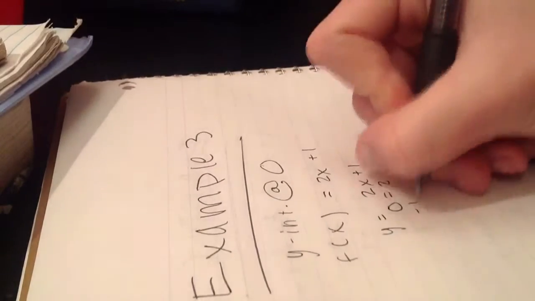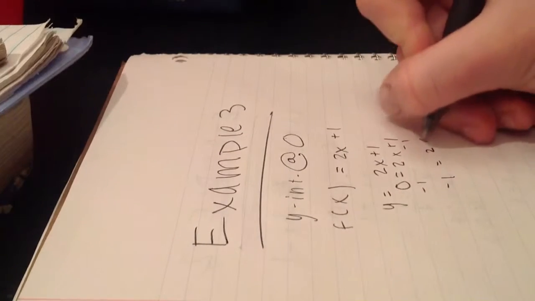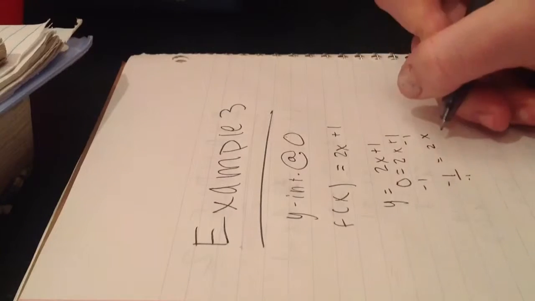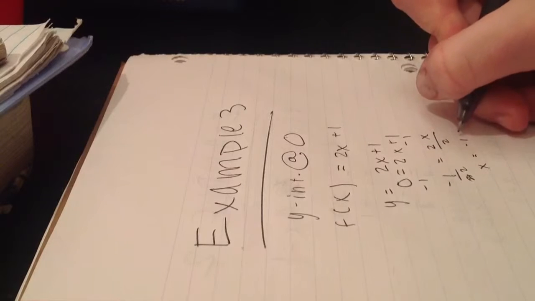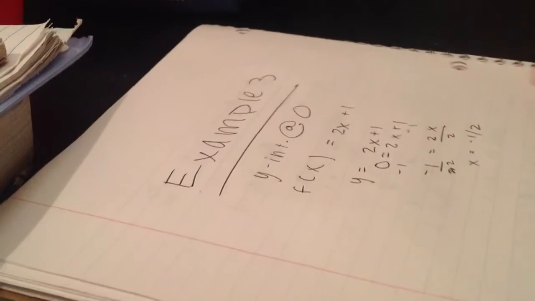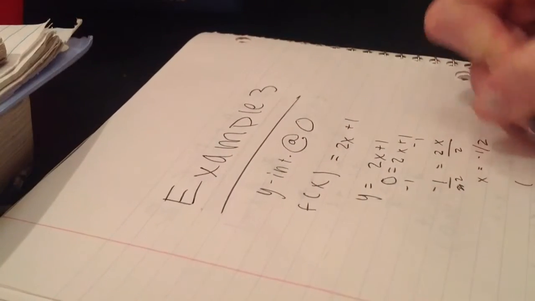So subtract the 1. Negative 1 equals 2x, and then divide that by 2. So then your x equals negative 1/2. So then you basically just want to graph that, or you don't have to, but that is your 0. So the coordinate, if you did want to graph it, would be negative